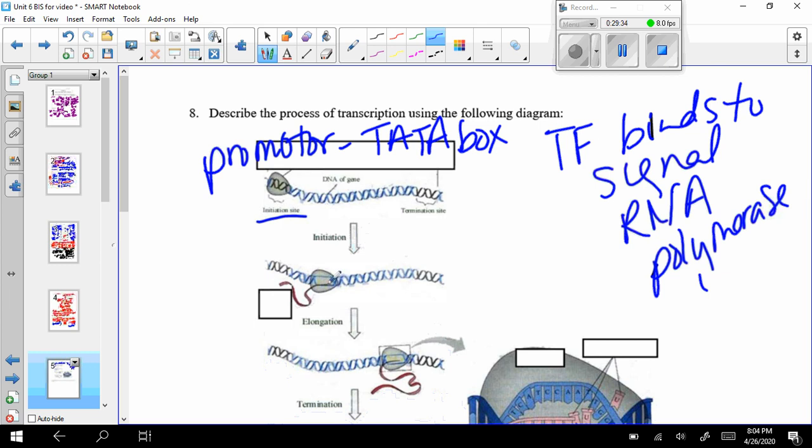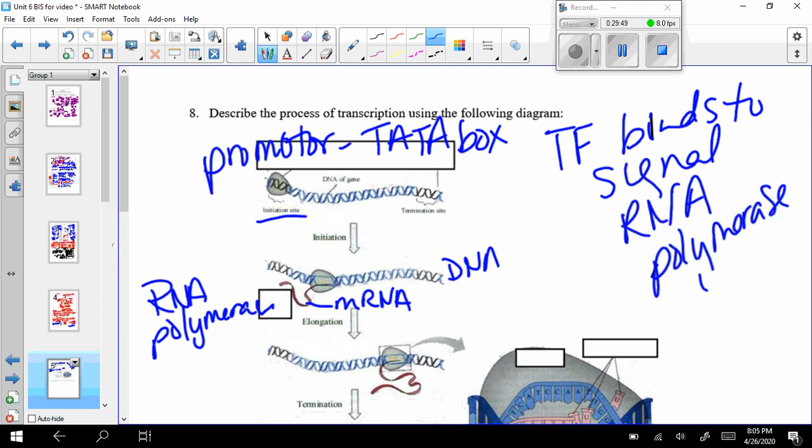This molecule that is moving here, that is my RNA polymerase. And this that's being made right here, that's my messenger RNA. And so this was my original DNA. Here was my promoter, and this is going to be my terminator. All right, so you have to have a beginning and you have to have an end, and you basically read